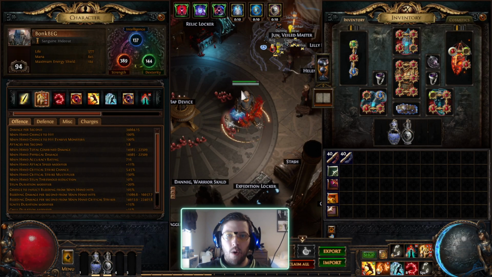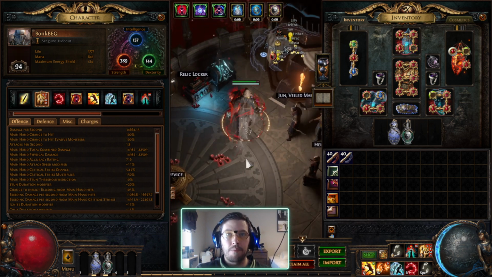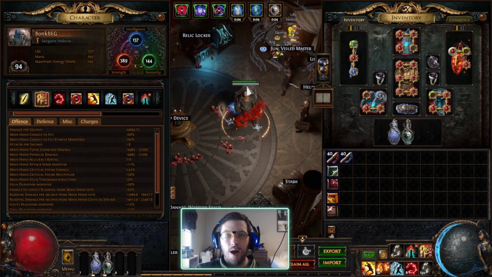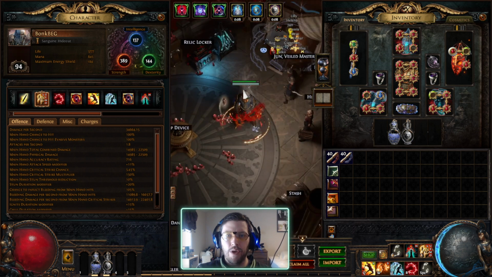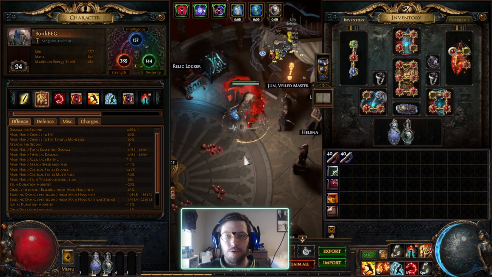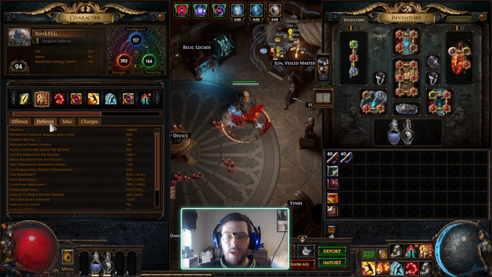In today's video, I'm going to go over my Juggernaut Bone Shatter, currently Bleed Bone Shatter, which I'm not sure if I like that much right now, but it seems to be okay, and it allows me some extra points to play around with in order to get some more defenses. Currently, I have